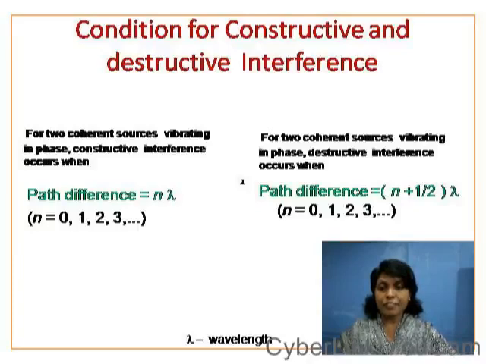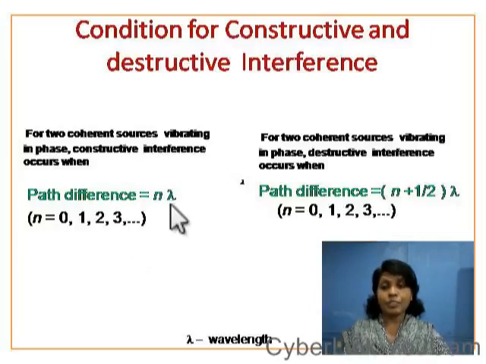If there is a difference in path between the two waves from source 1 and source 2, and if the path difference is equal to integral multiples of lambda, equal to n lambda, where n is equal to 0, 1, 2, 3, etc., mathematically, where lambda is the wavelength,